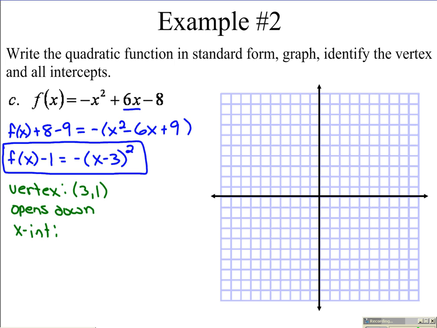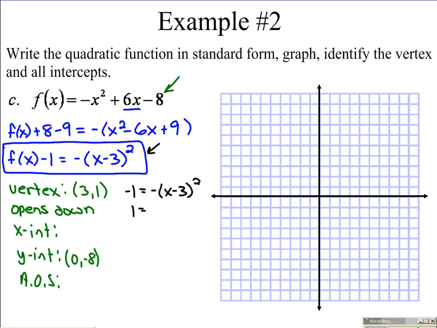Need to find the intercepts and the axis of symmetry. Y-intercept, easiest to find. Plug in right here, 0 for x, we get out -8. X-intercept, put 0 in for y. Again, we want to do that in our standard form. So we get -1 equals negative x minus 3 squared, divide. Take the square root of both sides. Add the 3 over, we get 3 plus or minus 1, which is 4 and 2. So 4, 0,